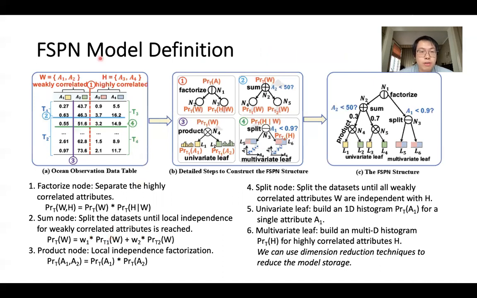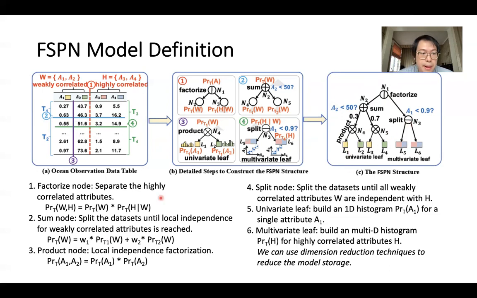Okay, we present the formal definition of FSPN here. Let's assume a dataset with two weakly correlated attributes and two highly correlated attributes. The correlation among them is also weak. An FSPN model is a well-defined tree-structured probabilistic model with 4 types of internal node and 2 types of